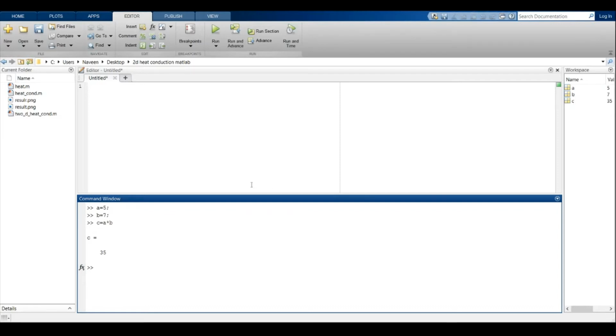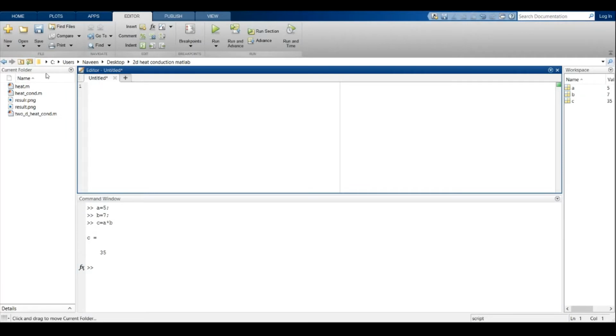In this workspace we can observe the variables over here. So I have assigned value 5 to a variable A, value 7 to a variable B, and have given the code C equals to A into B. So C variable takes the value 35. So in this workspace it will show the variables and the assigned values to the variables.